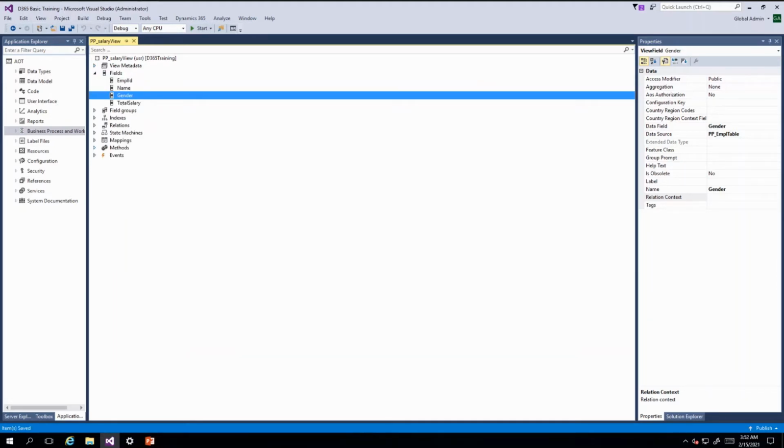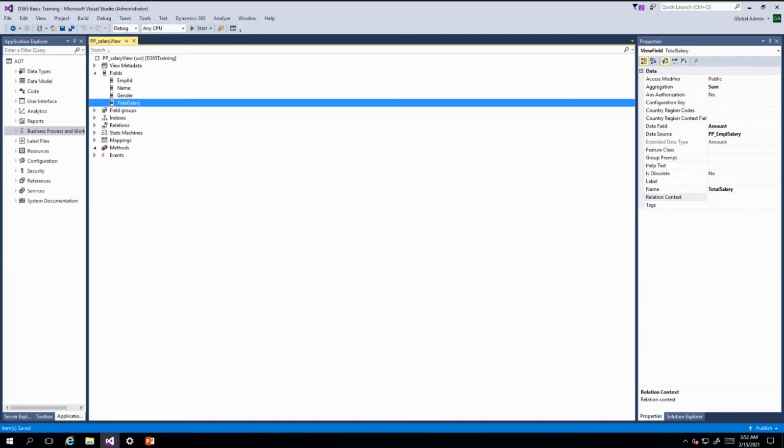Also there is one more node, methods node. Here you can create your calculated methods, computed methods, and then you drag and drop in the field section. So you can create the calculated fields also in this view. Now our requirement is to put this data in a single table. So we have fetched the data from query from 2 tables, employee table and salary table. In the salary table there were multiple records. We have used the aggregate function. We have seen that total salary field. Now we want to see in a form, so we have to create one form to see the required result in a screen. So I will create one form for this.